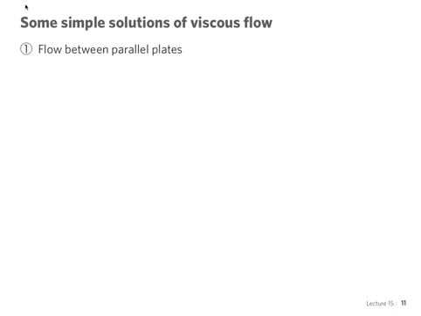Okay? The first one that we're going to look at is the flow between parallel plates. So these situations that we're going to discuss now are situations where it is possible to simplify the Navier-Stokes equations to the point that we can actually get a full solution for velocity, pressure, everything. So we're going to consider two parallel plates which are infinite. So these are sort of idealized situations,